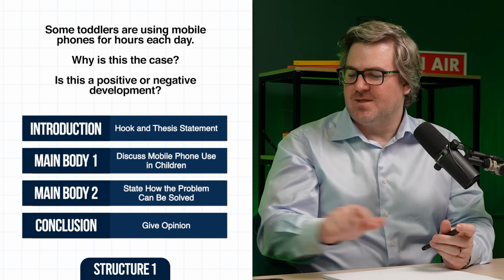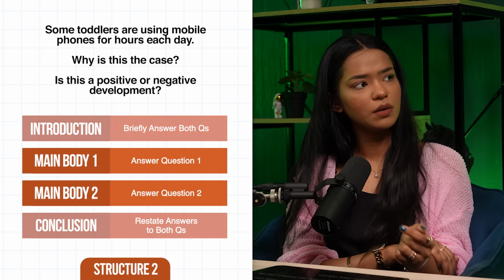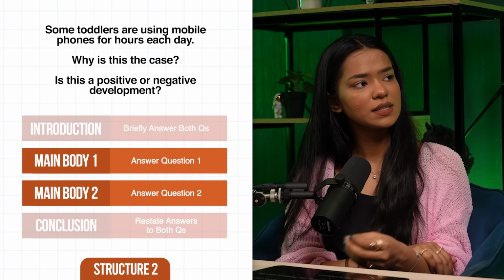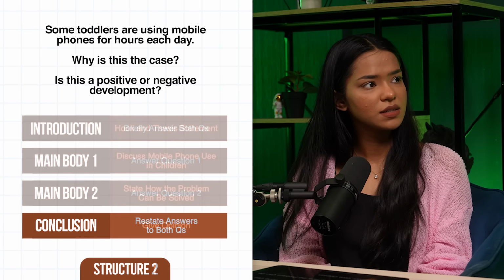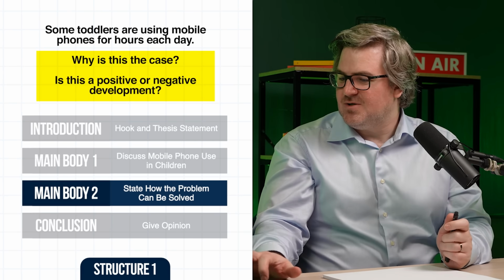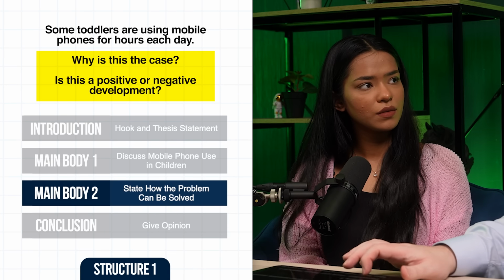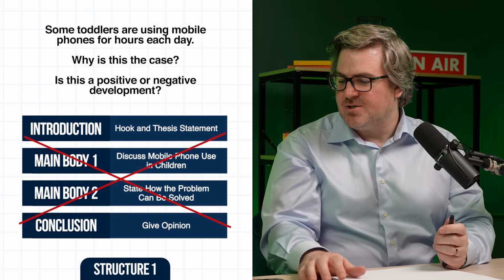Okay. Yeah. So let's look at the ones that you didn't think were correct. Why did you think this one wasn't correct? Because I believe in the second structure, we can answer both questions. Why is this the case and why is this positive or negative? And we can also explain why we think that is. And this one, state how the problem can be solved. Does it ask you how the problem can be solved in the question? Good. No. Okay. This one is wrong because in general, the structure is okay, but it doesn't actually do the